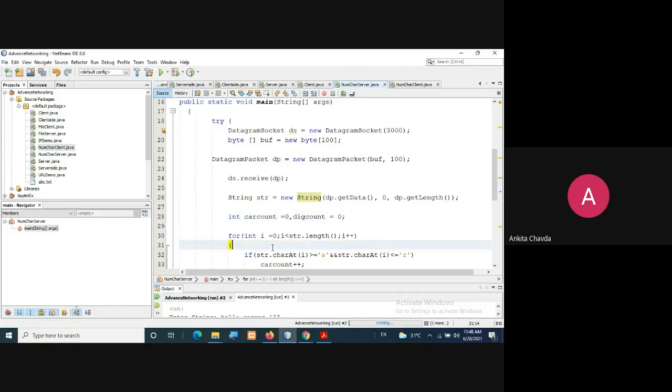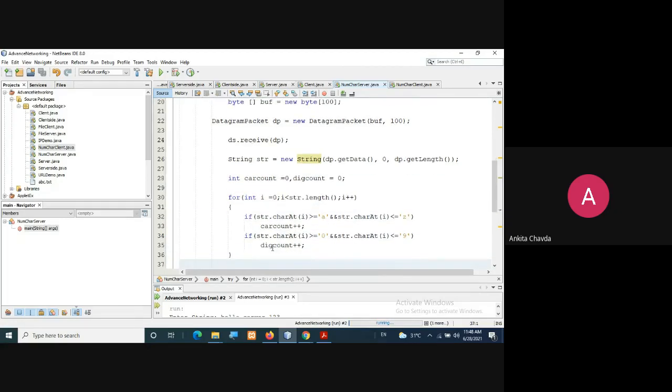Then again a for loop that you already know, right? Here you can even take it via an or with the same condition. For simplicity, I have just taken a to z. That for loop: integer i equals 0, i is less than str.length, i plus plus, because that string I am taking into this str. So, okay.